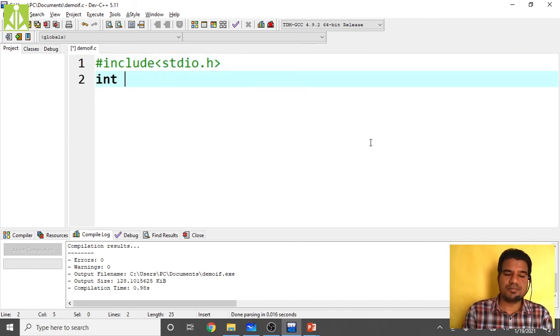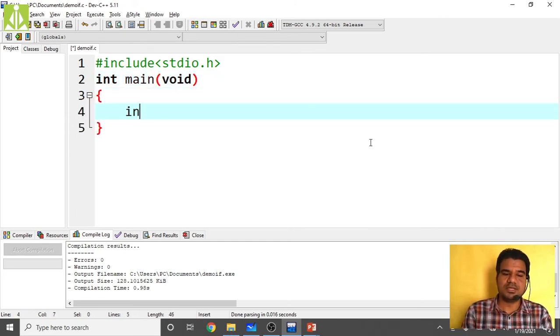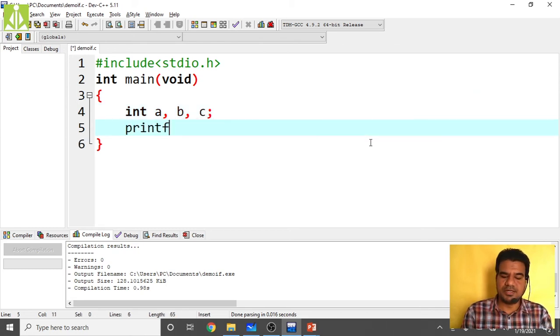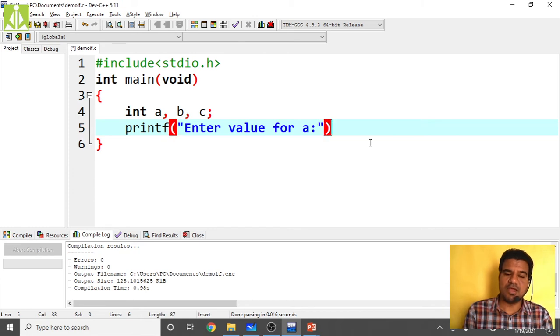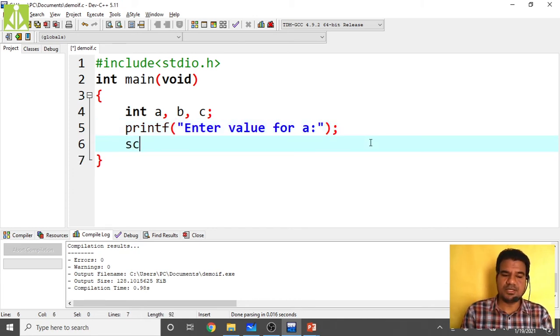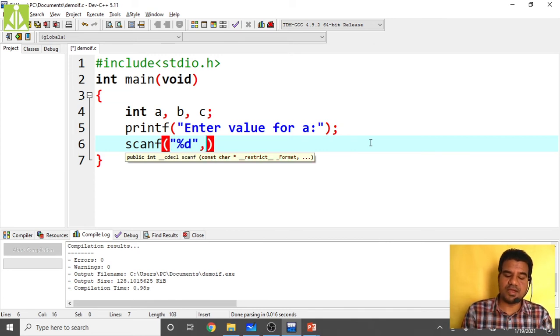Okay, here, declare variables a, b, c, three variables. printf, enter value for a. Read that value using scanf %d and store that value inside a.